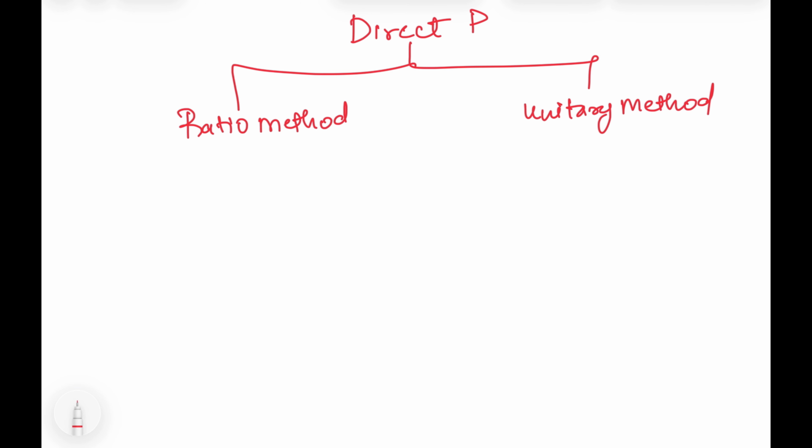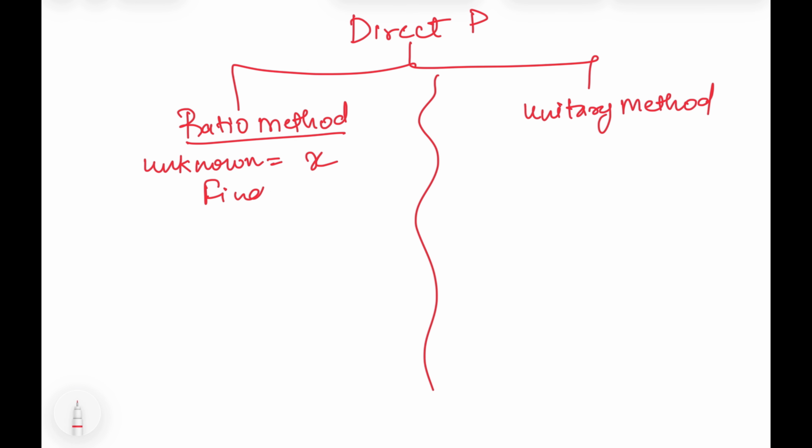Okay, so what do we do in the ratio method? Let's check that first. In the ratio method, we have 2 quantities, right? Whatever is unknown, that we don't know, we take it as x, and then we try to find the value of